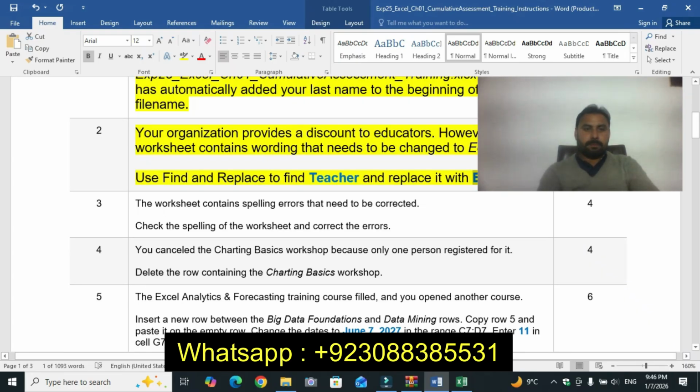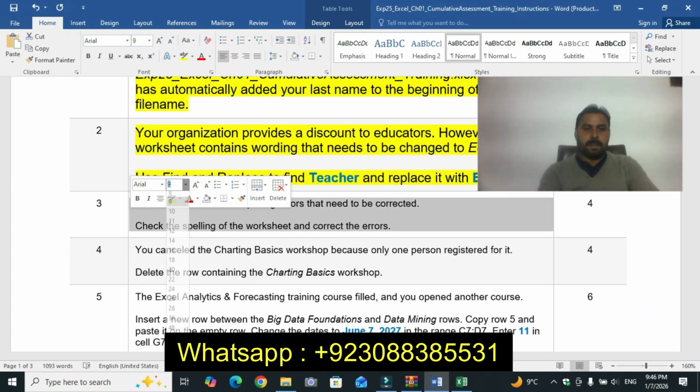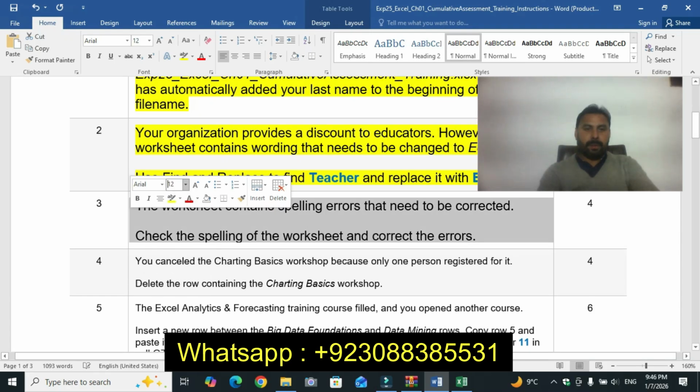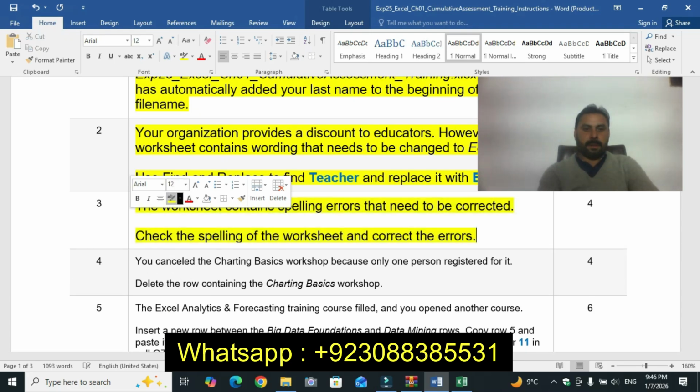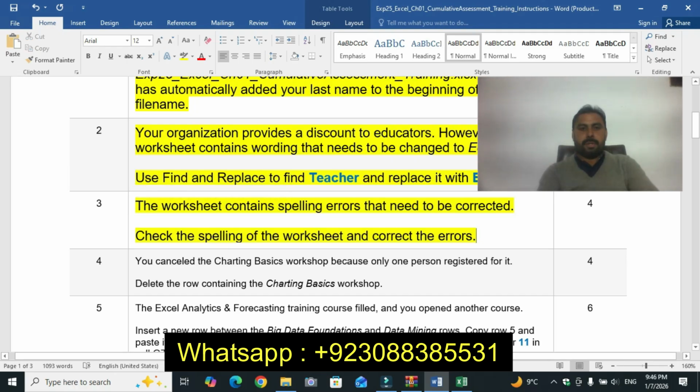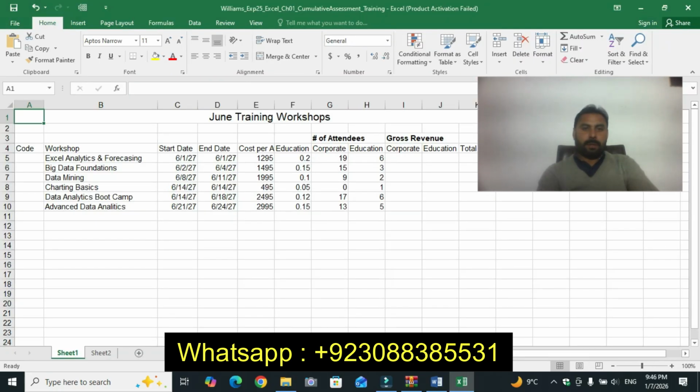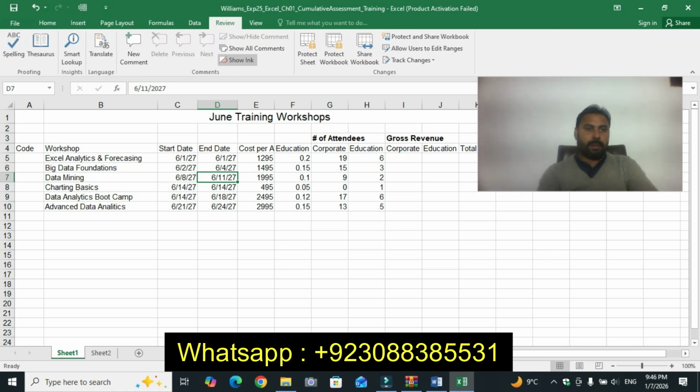Point number 3. The worksheet contains spelling errors that need to be corrected. Check the spelling of the worksheet and correct the errors. Correct the error, okay.